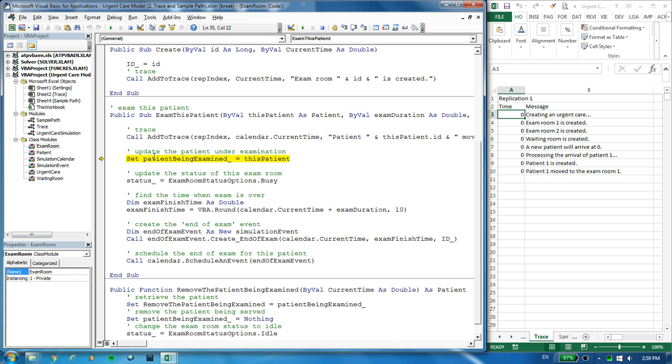Now we set the patient being examined to this patient that just passed. We change the status to busy, and we determine the exam finish time. So this is our calendar time. This is the duration of exam, which is 0.5. I'm using this VBA round function because I noticed that sometimes VBA has a significant round of error. So with adding this, I'm trying to make sure that